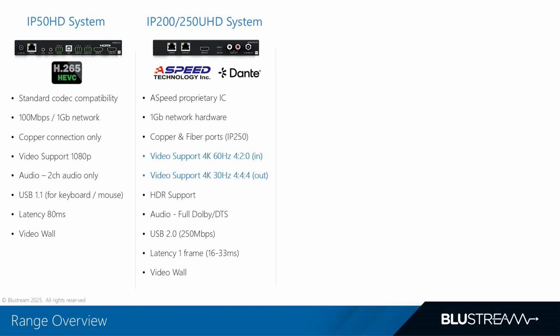For projects that require audio over IP integration, our IP250 UHD, which shares the same video architecture, adds Dante compatibility, allowing video and then audio to be routed seamlessly together from a single endpoint. In short, the IP200 UHD offers an excellent balance of image quality, network efficiency, and reliability, making it a go-to platform for everyday 4K AV distribution where performance and budget go hand in hand.